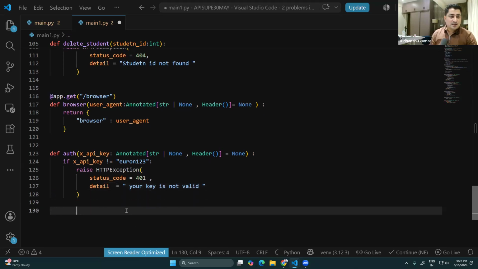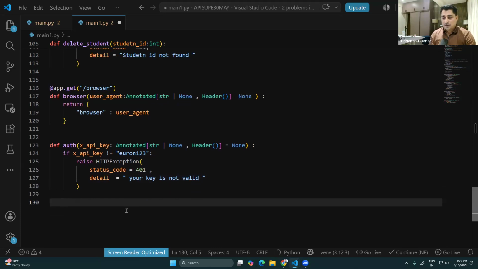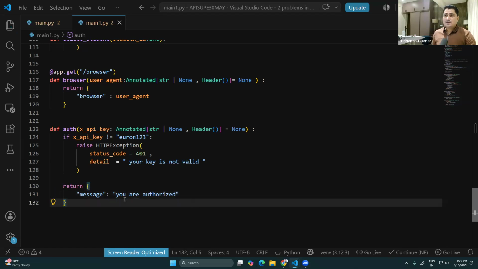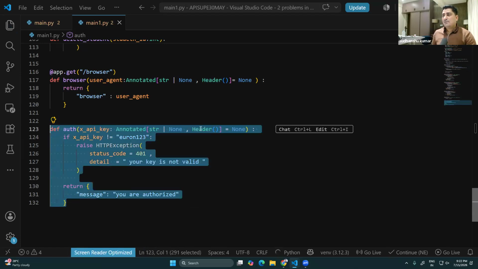Otherwise, if this is not the case, do one thing: return. Return what? Let's say return a message saying that, message, you are authorized. So now this is a very simple one, but I will be able to achieve it with